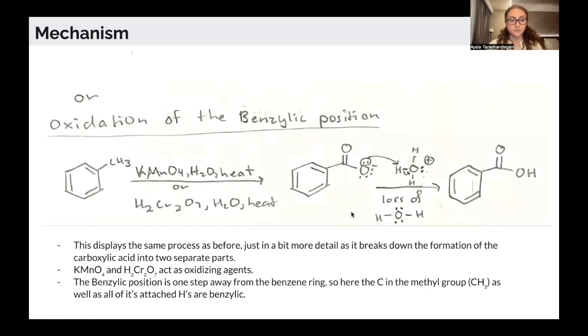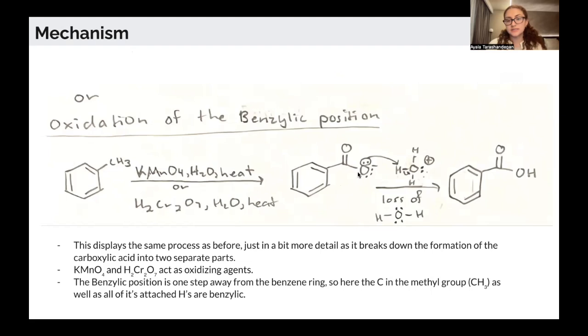So then just going a little bit more in depth of the same process, we have oxidation of the benzylic position. And then real quick review, benzylic position is one step away from the benzene ring. So here the CH3, the carbon, and all three of its H's are all going to be in the benzylic position. And then we can use oxidizing agents such as permanganate, potassium permanganate, and dichromic acid, water, and heat to